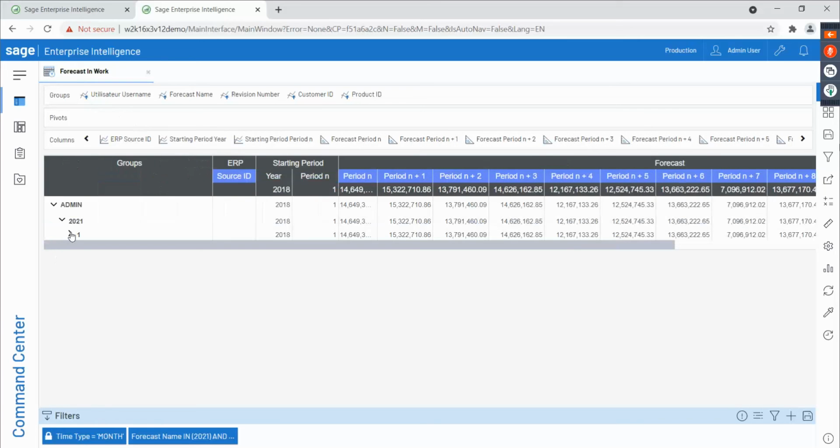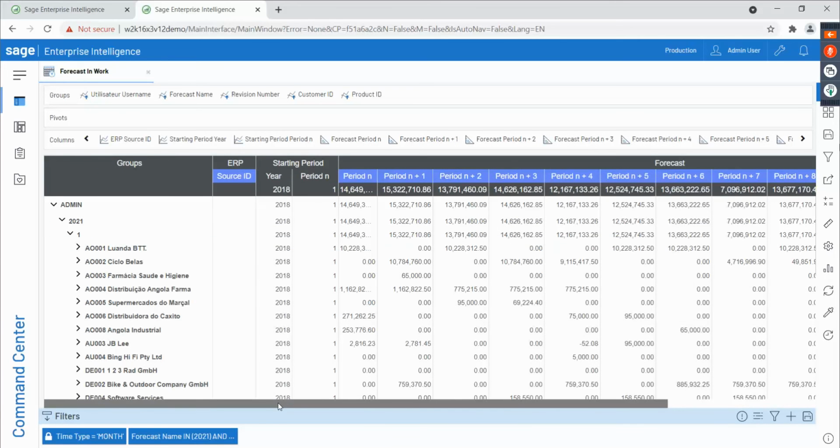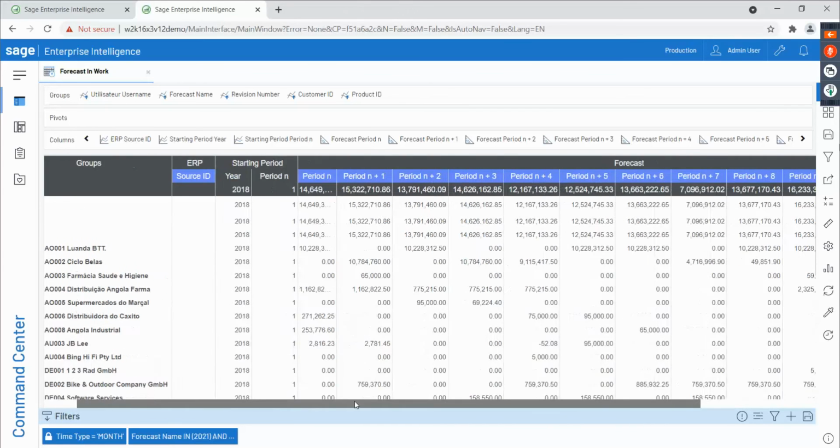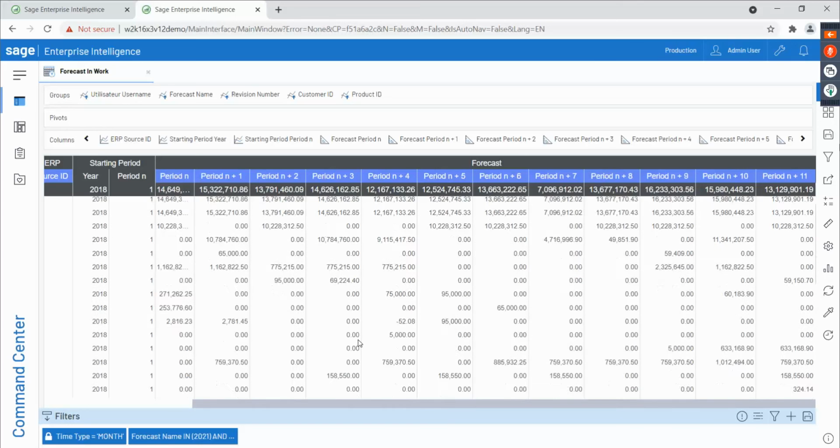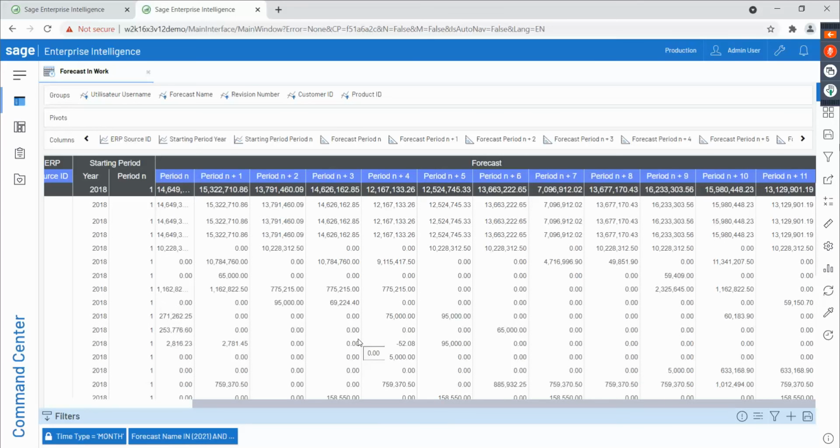And the end result of a forecast when it is created will look something like this, where we have the different customers here, and then we have the forecast created all the way from period N to period N plus 11 with the different figures that we see in this report, which have been increased by the percentage increase that we defined right there. And then further, if we want to do any manual tweaks on this report, change the numbers manually on this report, for example,